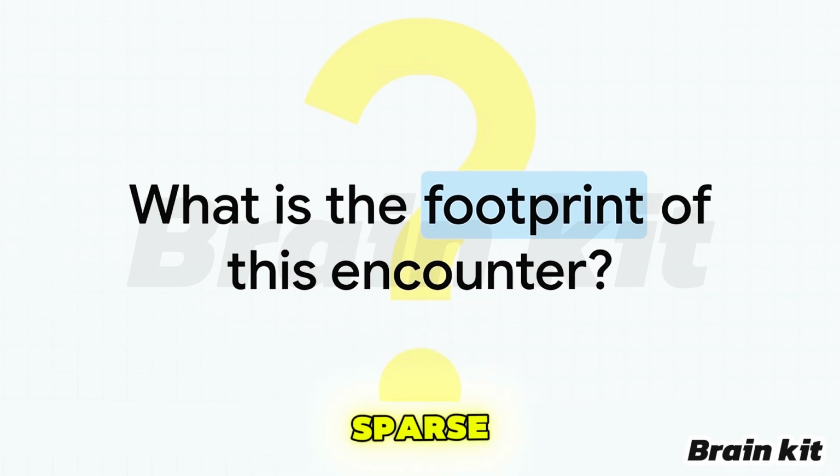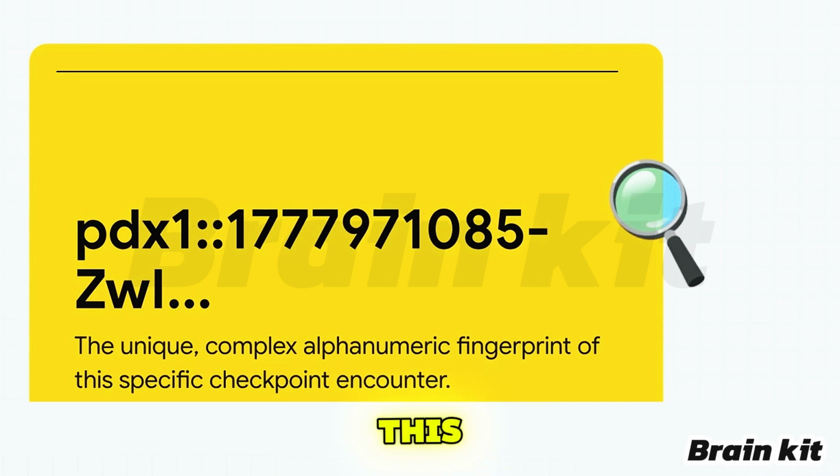And hidden right there in the sparse text of the page is the final and definitely the most cryptic piece of information. That footprint looks exactly like this wild string of characters, PDX1:77979710-ZWI2BMV XH3V7KZNOLR690JP4MJSVVWH1. Yeah, it's a mouthful, but this is the unique, complex alphanumeric fingerprint of this specific Vercel checkpoint encounter. The checkpoint doesn't just stop you in your tracks, it logs the literal transaction of your verification. Think of this code as the digital equivalent of a stamped passport or a recorded license plate at a toll booth. It is undeniable proof that you were here at this exact gate at this exact moment in time.